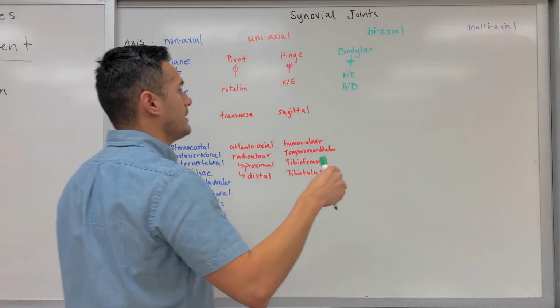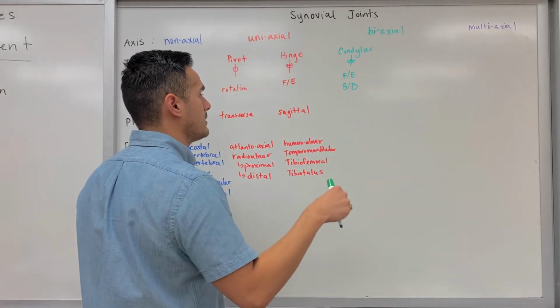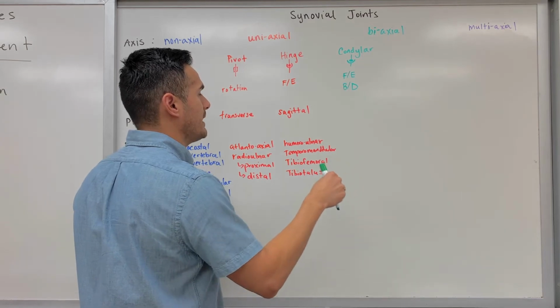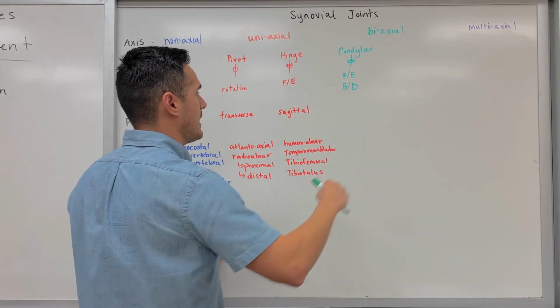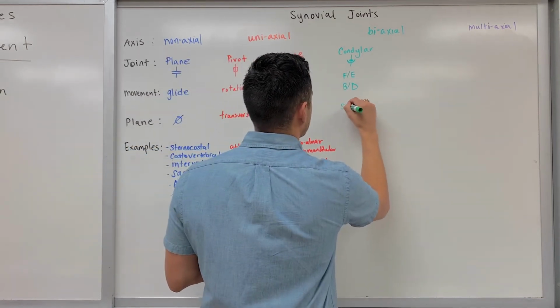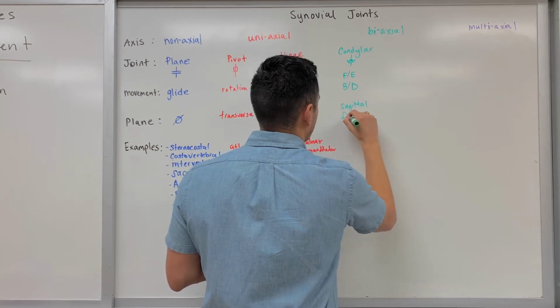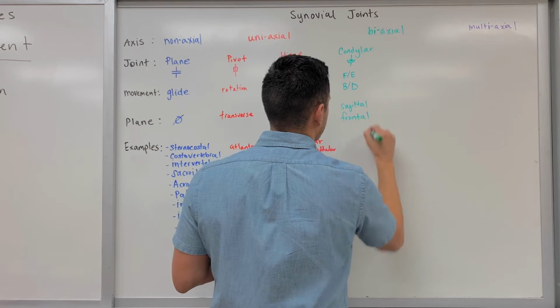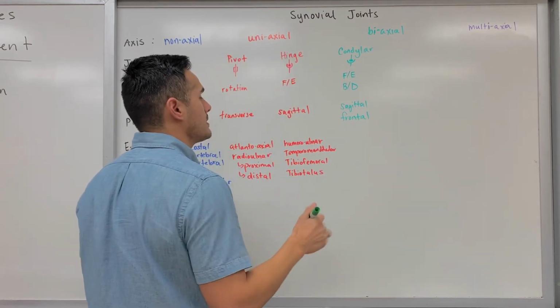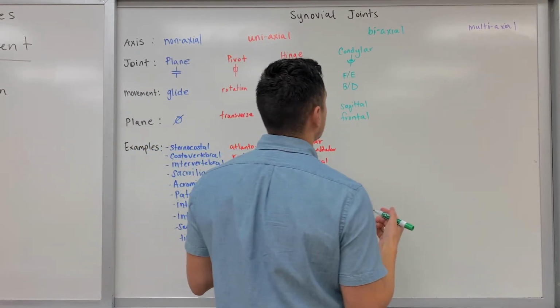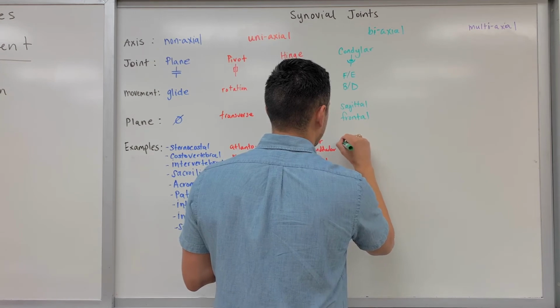So we're moving it in this direction along, first off, the sagittal plane, and then if we move it side to side, this is, so let me write sagittal. You also have the frontal plane in which movement is occurring. So some of the different examples for the condylar joint, you have the